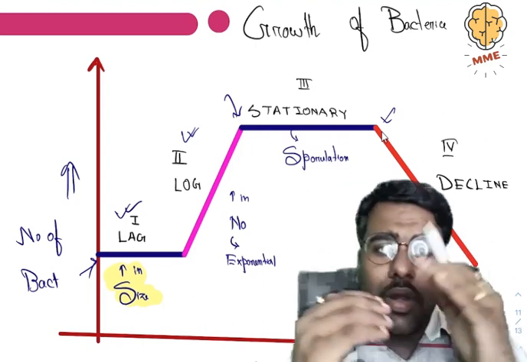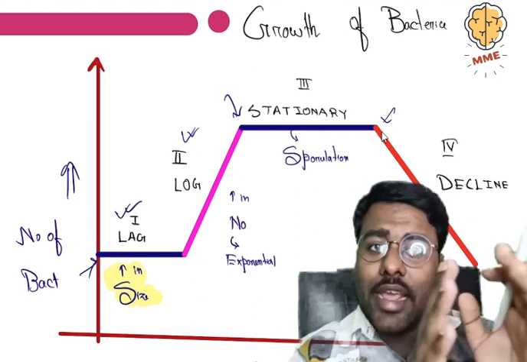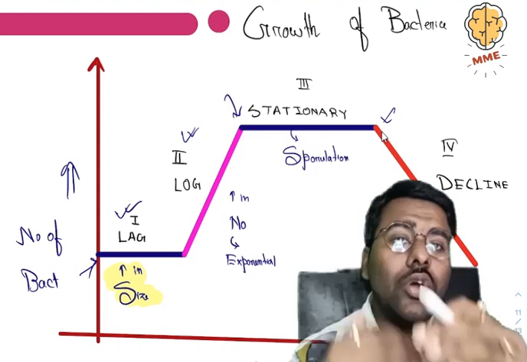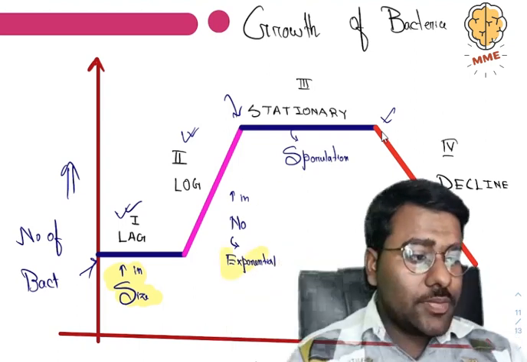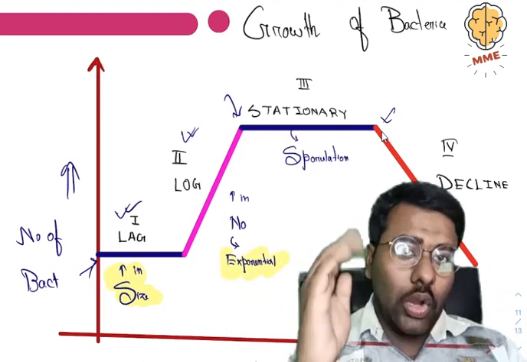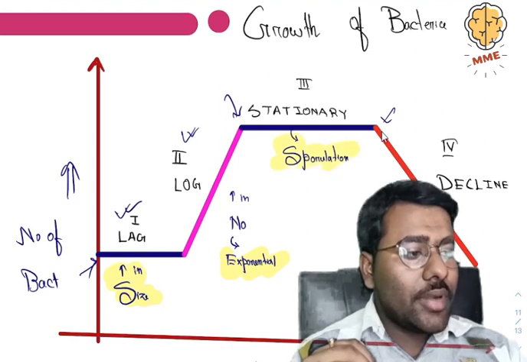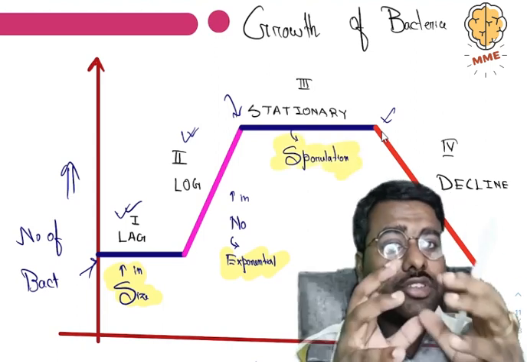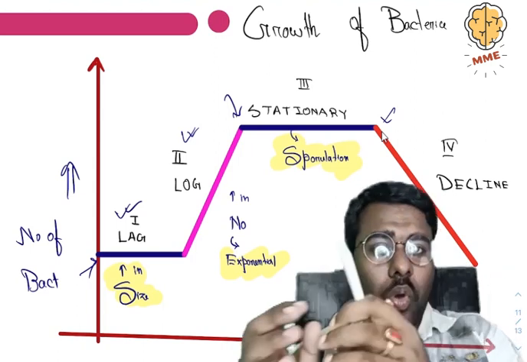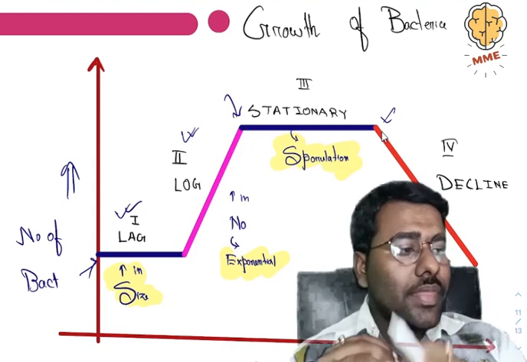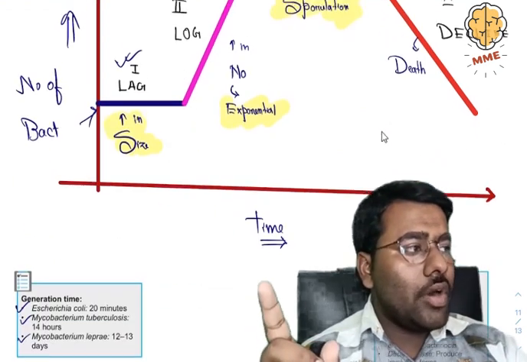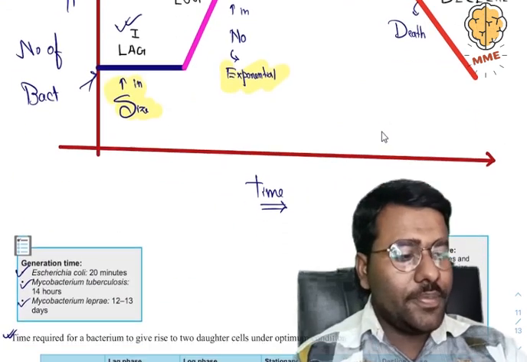There is no increase in the number of organisms, so they are actually lagging from the growth. So this is the lag phase. Now coming to the log phase, where growth is seen in an exponential curve. After the log phase, now coming to the unfavorable condition, the bacteria start sporulation, and this is called the stationary phase. And there is the death phase or the decline phase. In the y-axis there is the number of bacteria, and in the x-axis there is time.